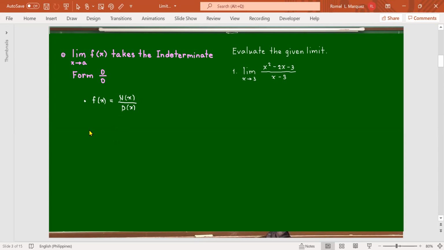So if the numerator and denominator are polynomial functions, factor them, no? Factor them